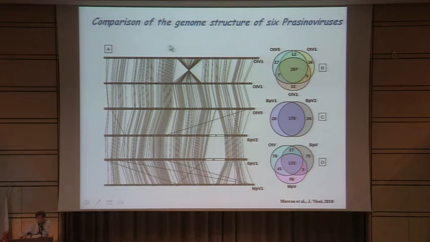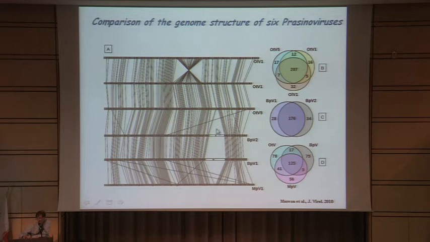So here are the 6 genomes which have been published, and here you can see that there is a good conservation of the global synteny of the orthologous genes between the 6 genomes. It is well conserved, except here there is a switch for some of the viruses of Ostreococcus. Here you have the 3 Ostreococcus viruses, sorry. Here 2 Bathycoccus viruses, and here a Micromonas virus.